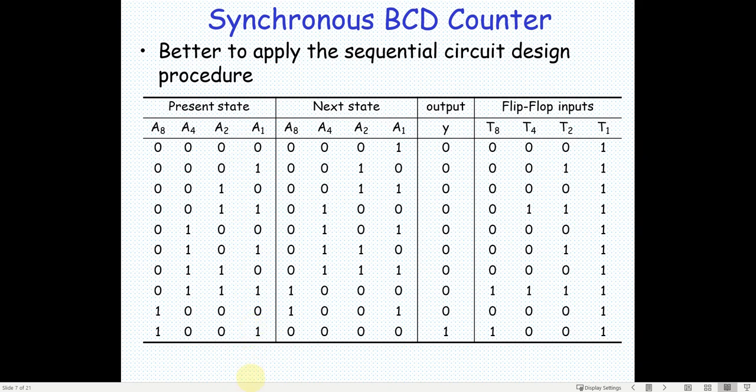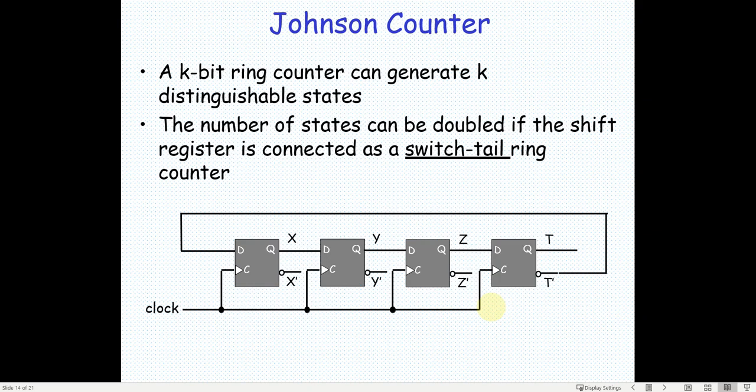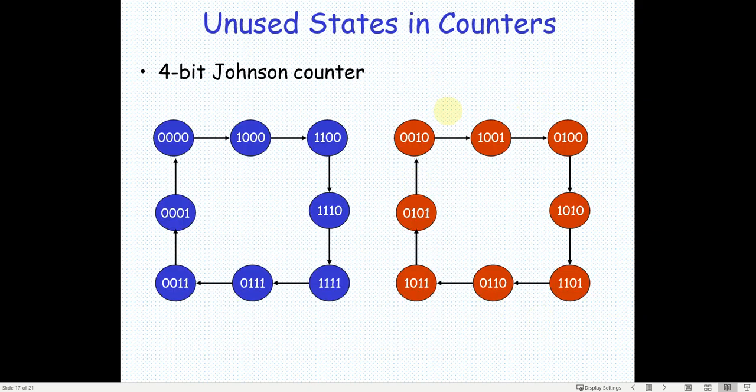We should also take all the 16 possible combinations, and for those combinations we can give a signal so that if it reaches there, it should come to 00. That way, if it goes out of the loop, it doesn't form another loop which is not required. So we need to take care of that aspect.